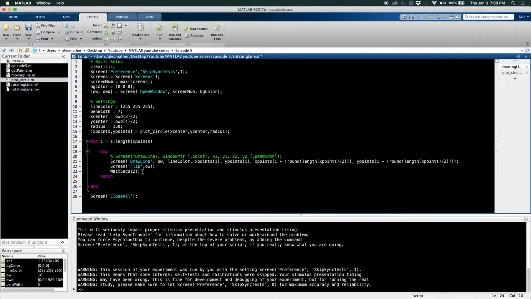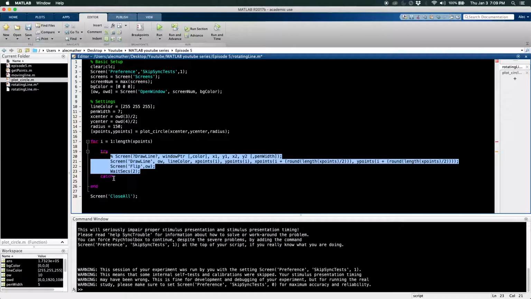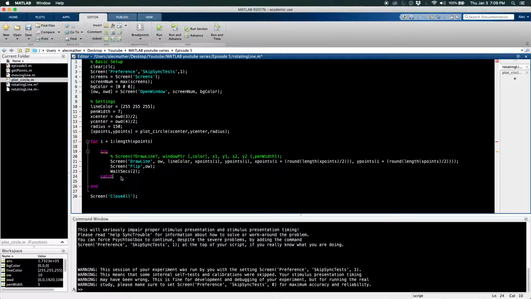And all this does is attempt to run this code, and if this code fails for any reason, you're going to come down here and catch the error and do something else. And all we're going to do is put a break, and that's just going to break us out of this for loop. Okay, so we'll watch our point rotate, and then every frame, it's going to flip it out,